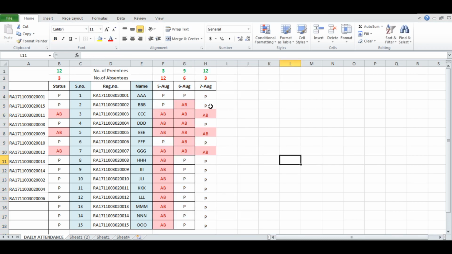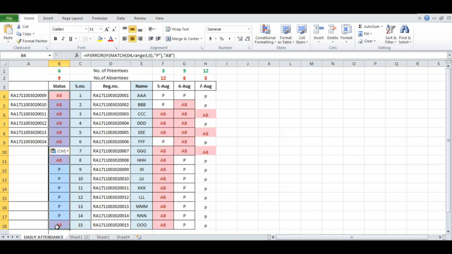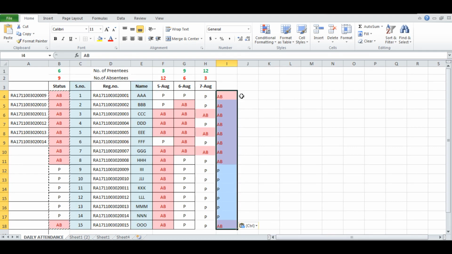So once you have done with all this setup, it takes hardly 10 to 15 minutes, and whatever the data you are pasting here, according to that it will generate the attendance in this column. So after that, copy, paste as values. Why I am pasting as values here is, if you paste just like that, it will paste the formula, and when you do for the next date, it will be reflected back in here. If you don't want to reflect back, if you don't want to disturb these things, you have to paste only as values here.